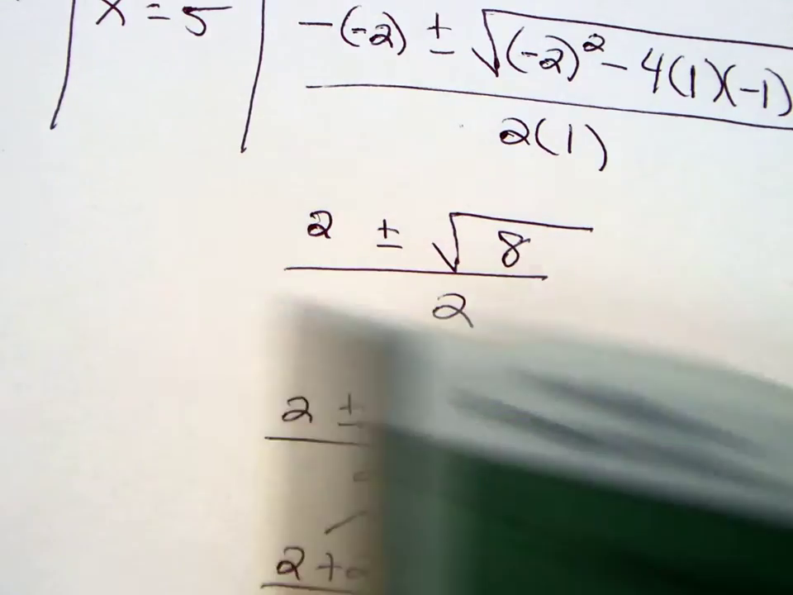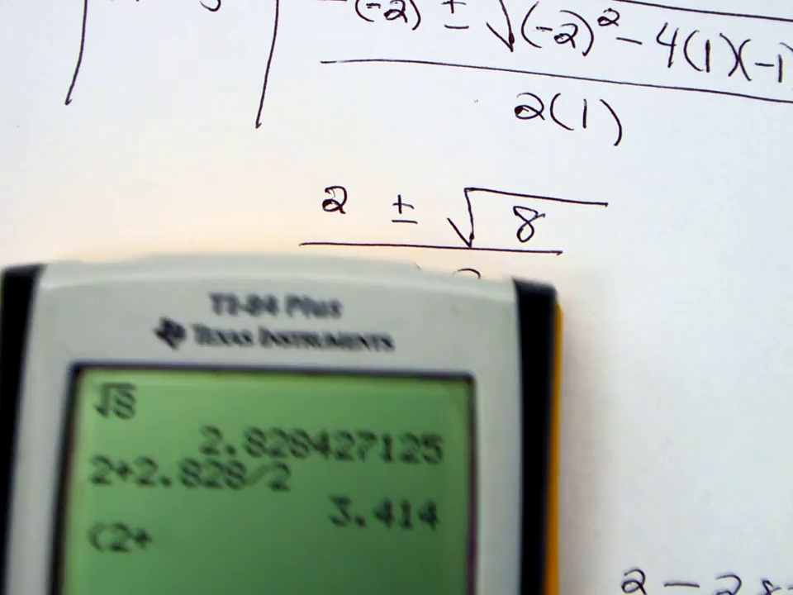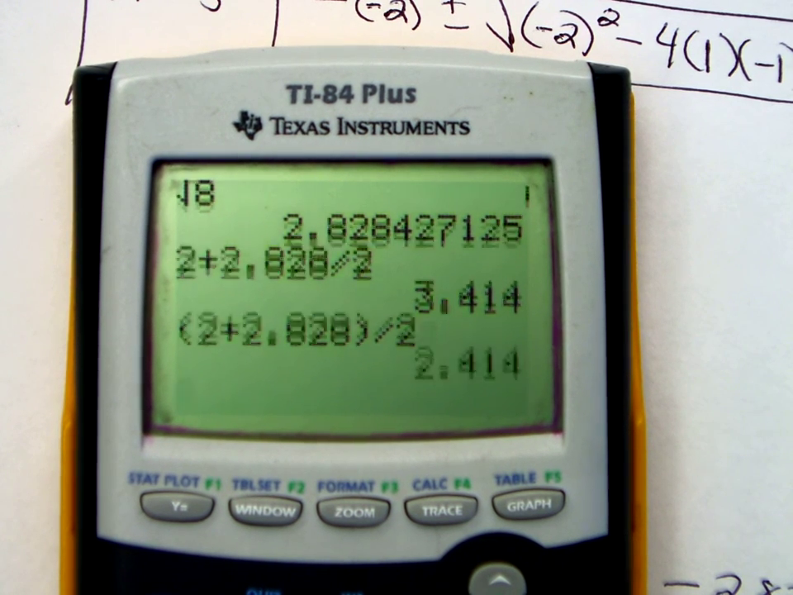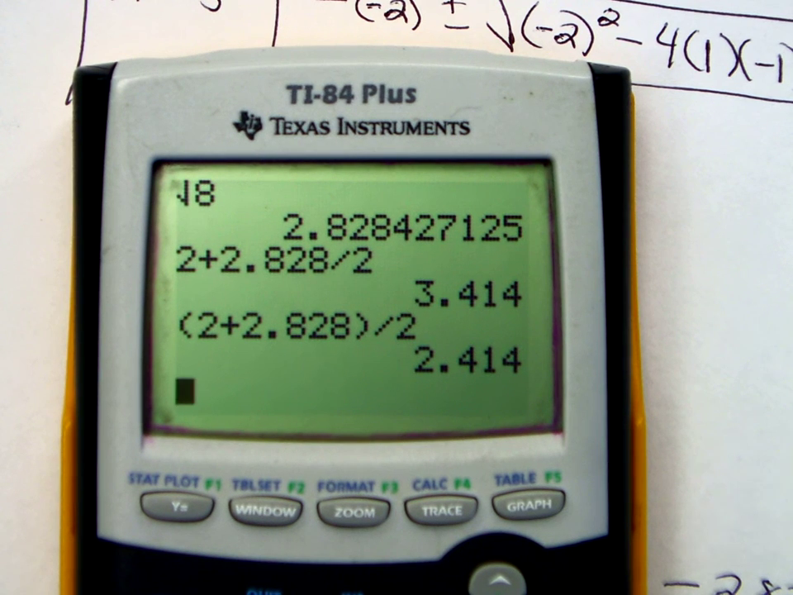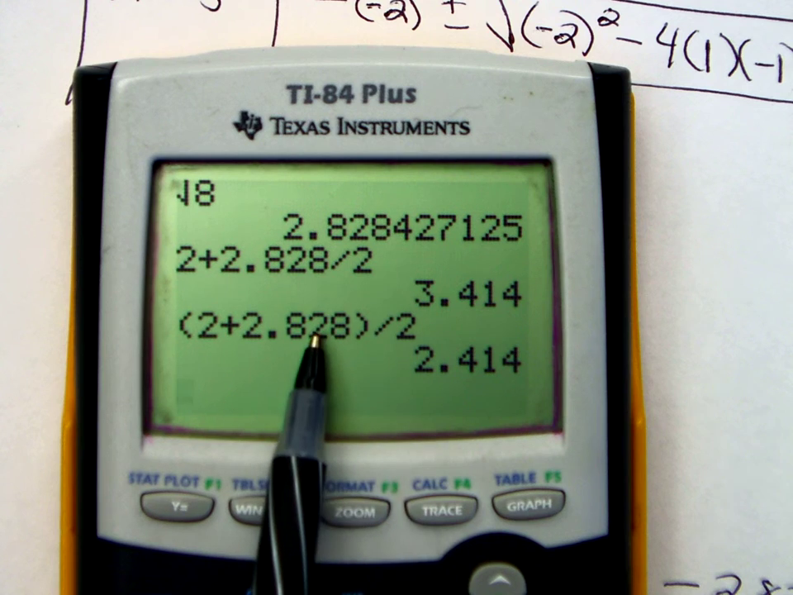Now be careful if you're going to use a calculator. This is what students do. You ready? I'll show you what you guys do. 2 plus 2.828 divided by 2. That is not the answer. If you're going to do it in one shot, you need parentheses. 2 plus 2.828 divided by 2, like that. 2.414. The calculator does order of operations, so it doesn't add first. You have to add first, then